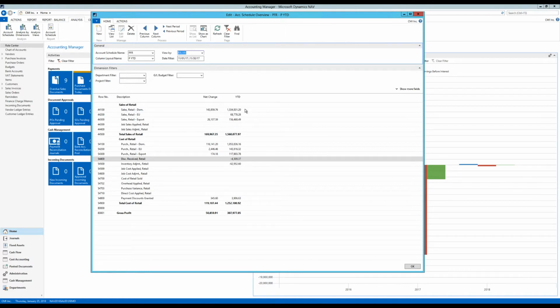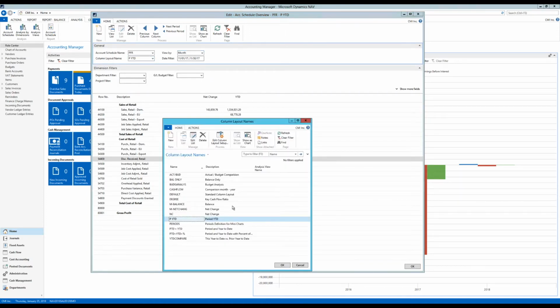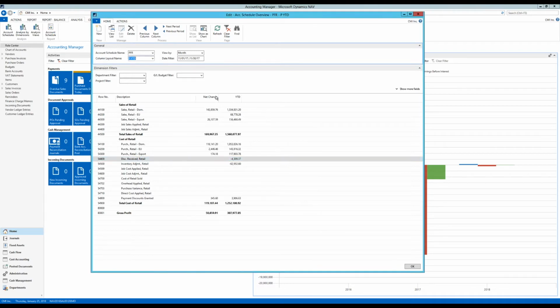Okay, so what I want to highlight right now is another column layout that I find very interesting. We don't really have anything similar in the standard column layouts that come with the system, but what I'd like to see is 4 quarters, the current quarter or the quarter that I'm actually looking at, and then previous quarters back, just lined up, to see a trend of sales and cost and gross profit. And how do we do that? So I'm going to create a new column layout,